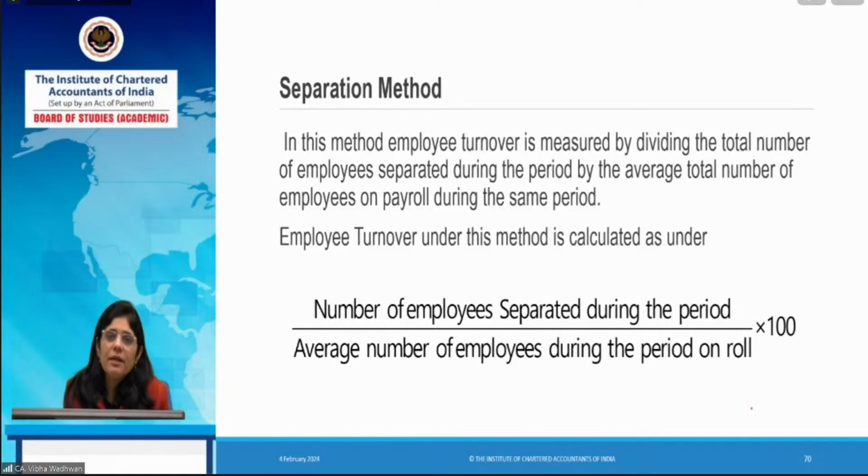HR department की main responsibility है, वो labor turnover को आपको periodic review करना है. जितना ज्यादा हो सके आप लोगों को रोक के रखिए, उनको आप incentives दीजिए, promotions दीजिए, good working conditions दो. यही reasons होते हैं why employees leave. You give them good working conditions, you give them good promotions, you give them good incentives, you give them good